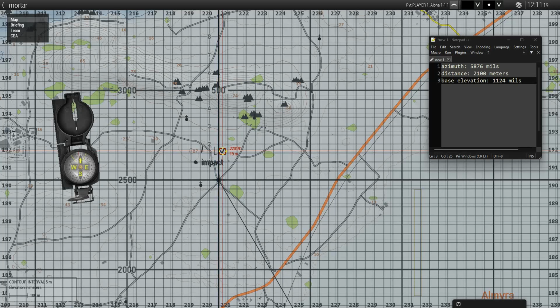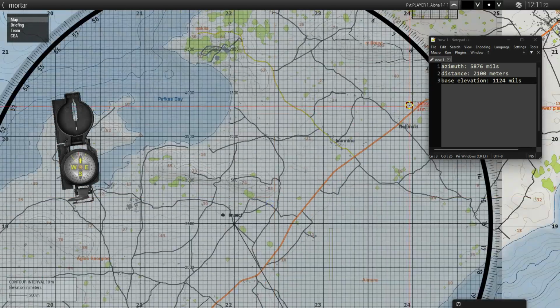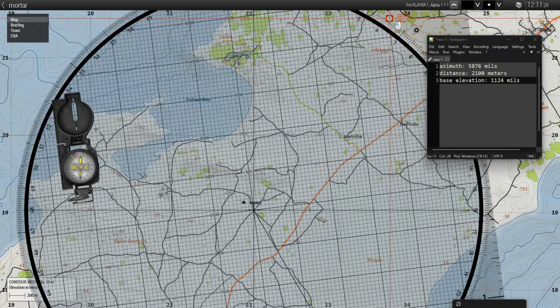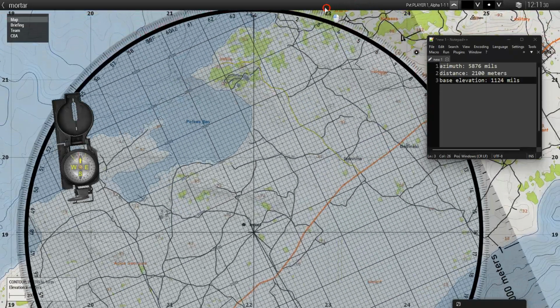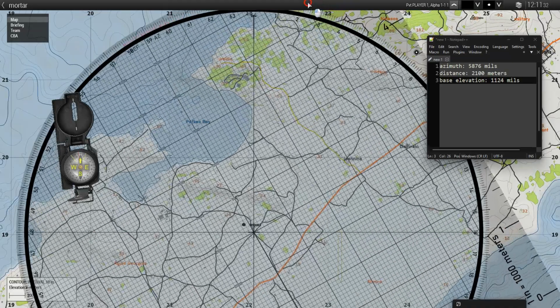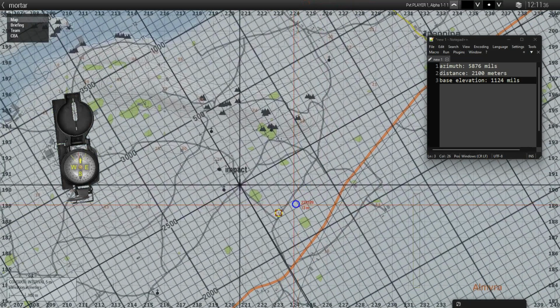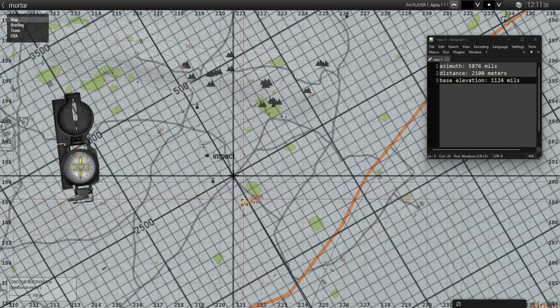And what they need to do is they will rotate the plotter the way that it will be aligned with your direction of fire. You see? What's the point of that? Because it will show you from your perspective, from your line of fire, the impact point, the corrections you need